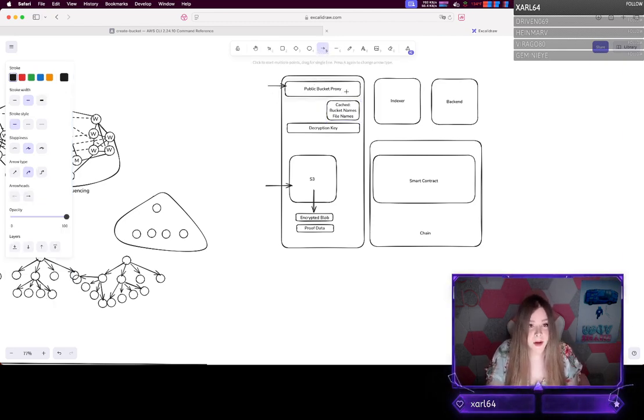And then from there, it goes to find that particular bucket, grabs the associated decryption key, and proceeds to fetch the relevant encrypted blob, decrypt that encrypted blob, and return the restored result.